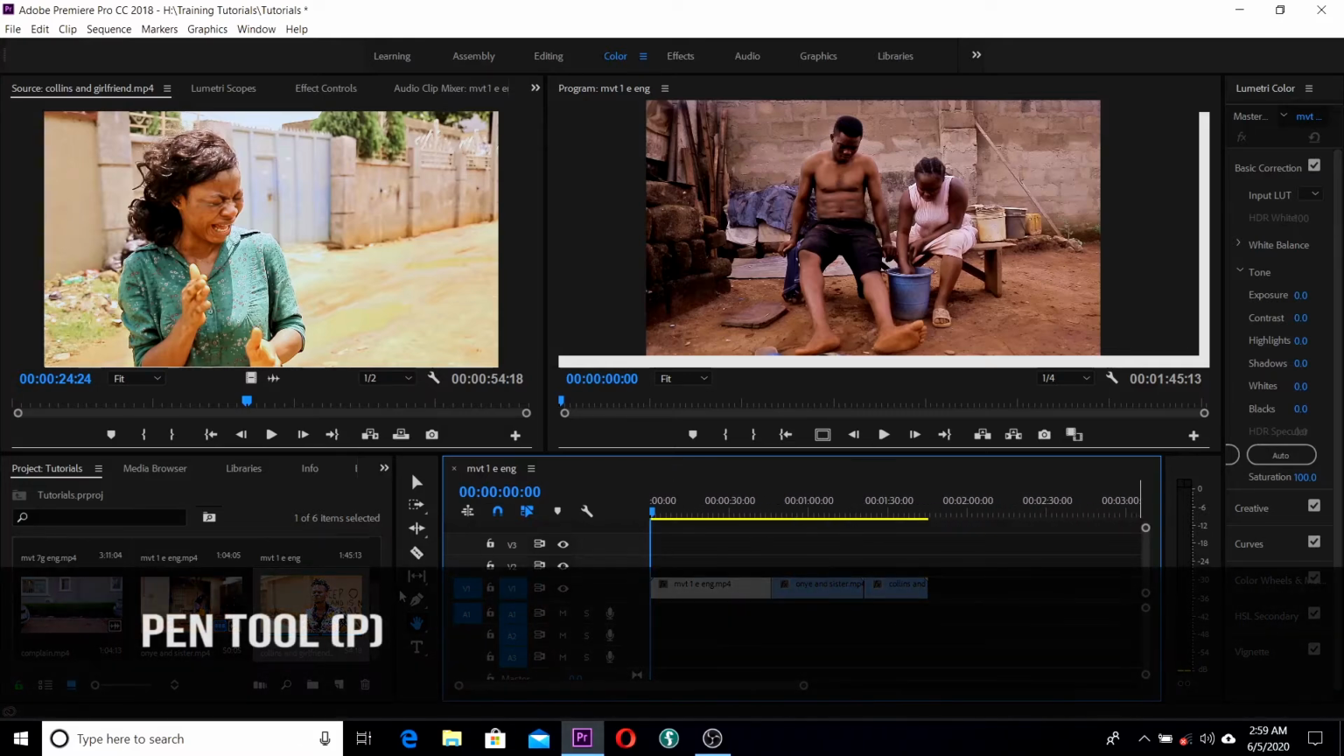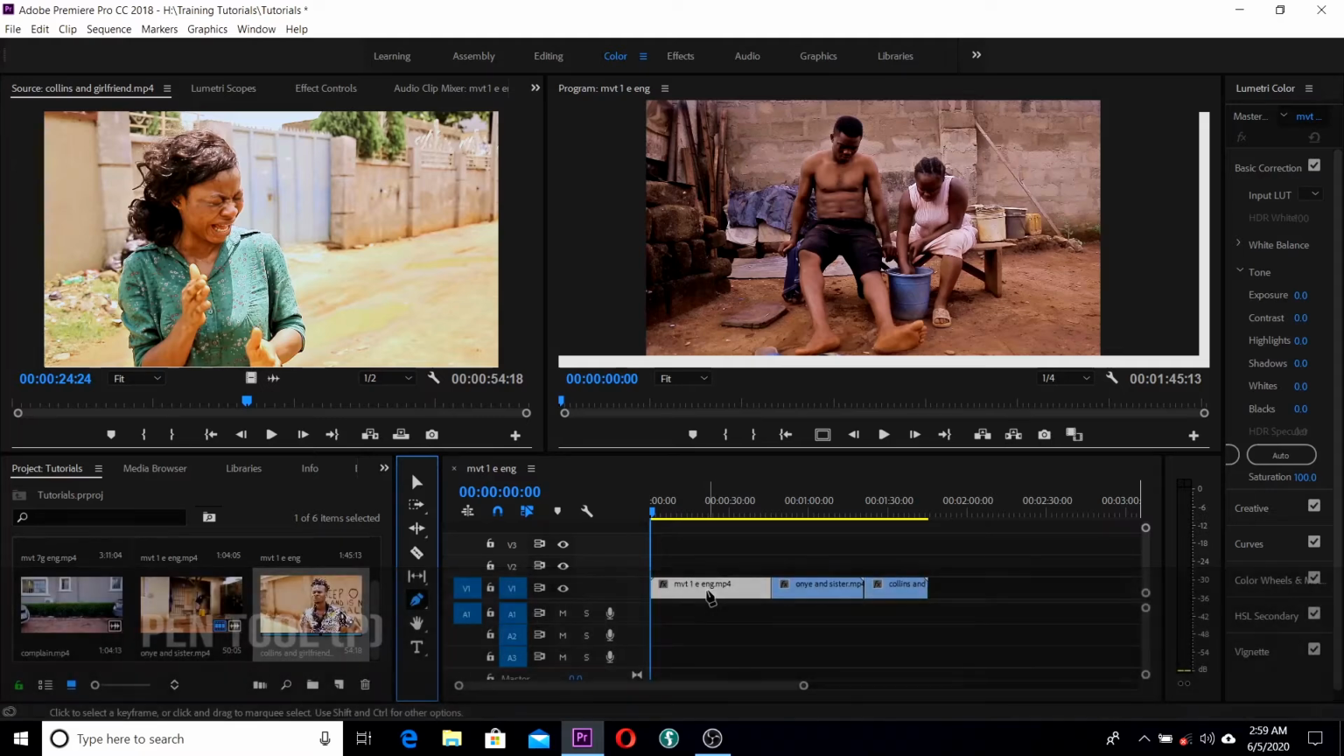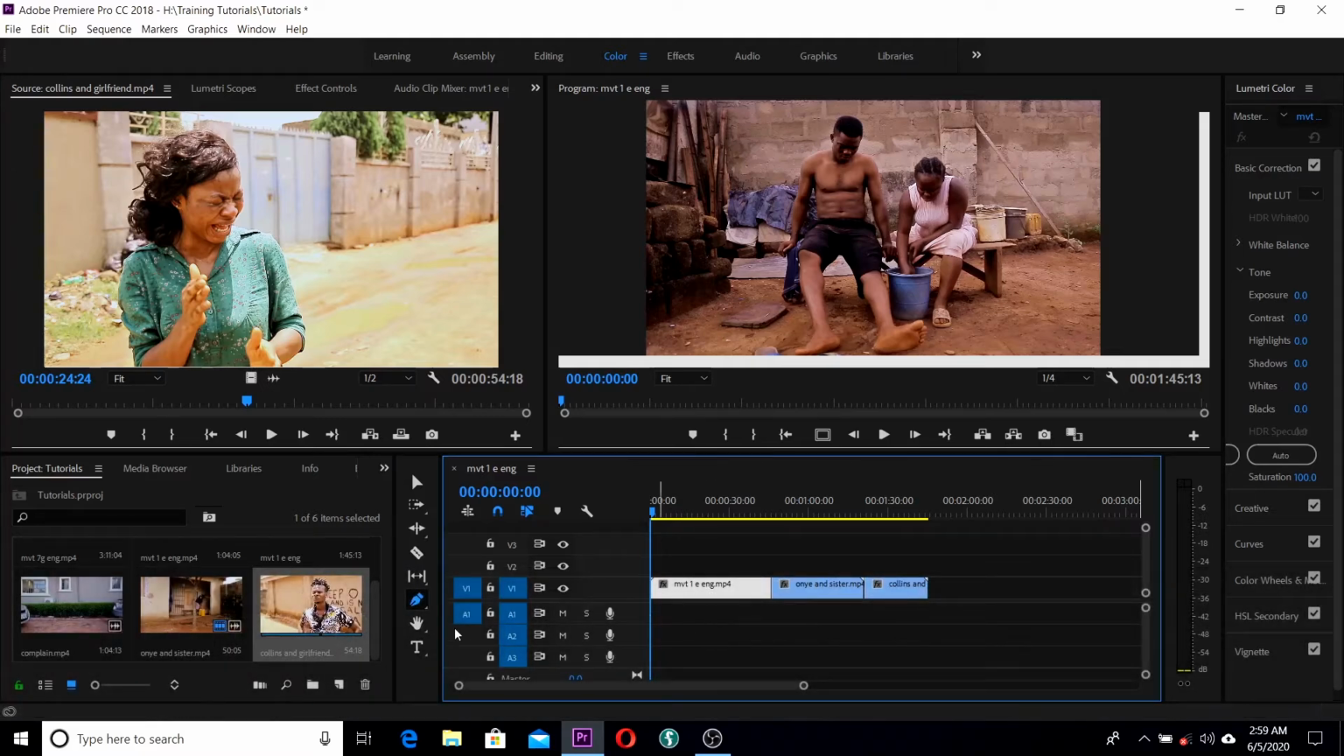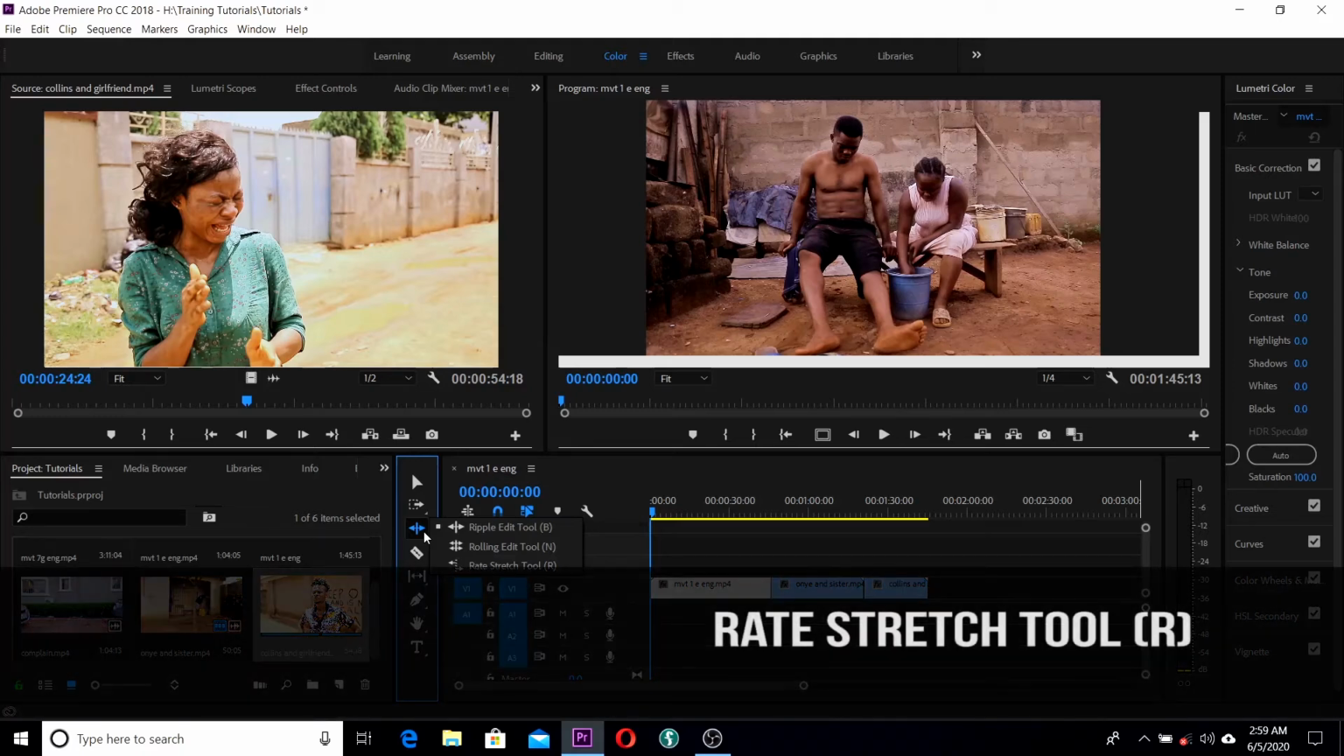Then you have the pen tool. The pen tool is used graphically, most especially when you're trying to get some animation done, you want to include keyframes and some other tools, that is what it is used for. So you have the other type, which is the rate stretch tool,